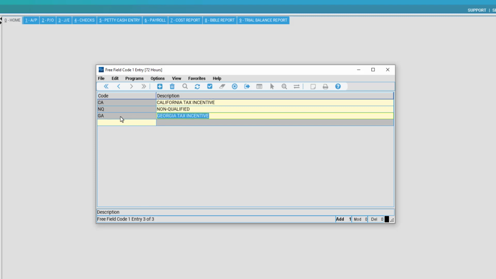In this case, if I wanted to finalize adding my Georgia tax incentive, all I would need to do is come up to the top of my screen and click the blue check mark to accept adding this to my system. And then it would be available for use for me to code any financial transactions to this specific free field. In the case I would want to cancel and not add this, I can simply hit cancel, but I'll